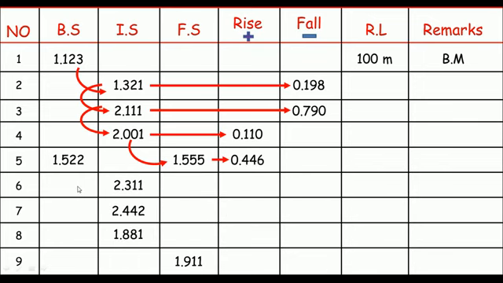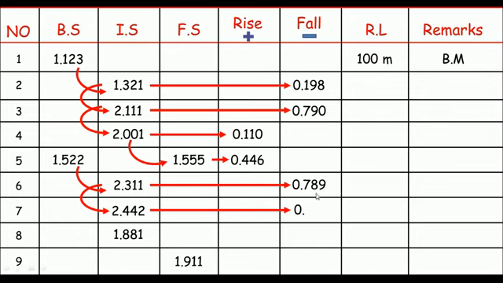Here again we are starting with backside. So backside minus interside will be rise or fall. Like 1.522 minus 2.311. This is just a fall. Here again I am not putting the minus sign because the fall column contains all the values having minus. And again interside minus interside will be rise or fall, like 2.311 minus 2.442, this is just